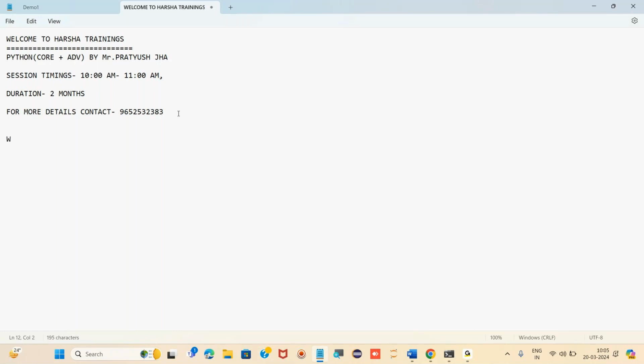We have seen what is front end and back end, and also we have seen the history of Python and the versions of Python, and what are the languages Python inspired from.